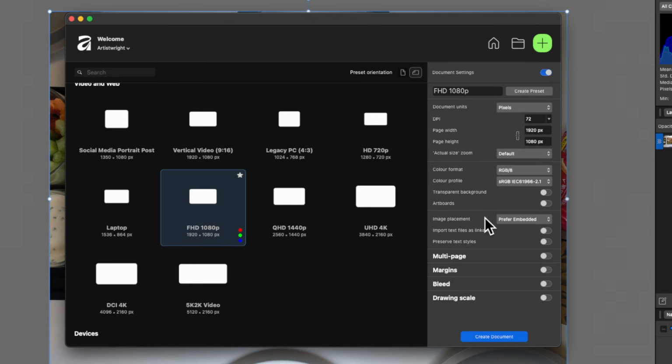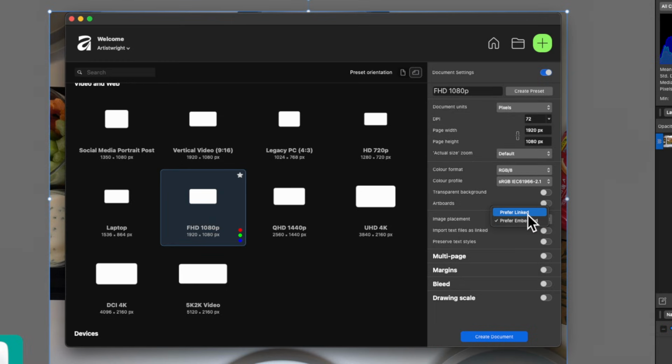So let's imagine we create a document, FHD 1080p, and then we drag 10 images onto it. Affinity will consider those 10 images as being part of the Affinity document. And it will mean that the Affinity document size might be quite big. And the more we drag on there, it might get absolutely huge. But with this one, whether you have them on your computer or not, it won't matter because they'll be contained in the Affinity document. So if you delete the actual original one on your computer, it won't affect your Affinity document. Those images will still be in there.